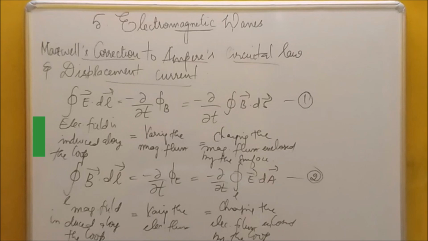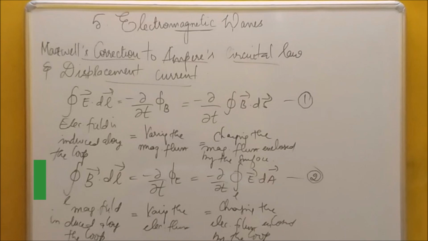Say for example, here we change the magnetic flux, an electric field is produced, right? Say for example, when you change the electric field, will a magnetic field be produced or not? The answer is yes, because Maxwell showed that by changing the electric field, a magnetic field is produced. How is it? Then the equation is